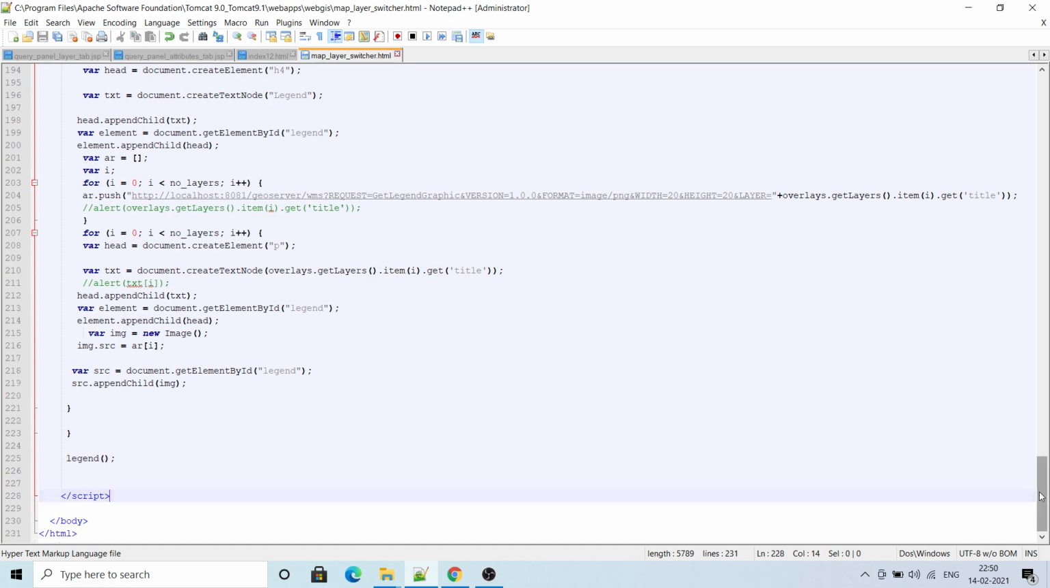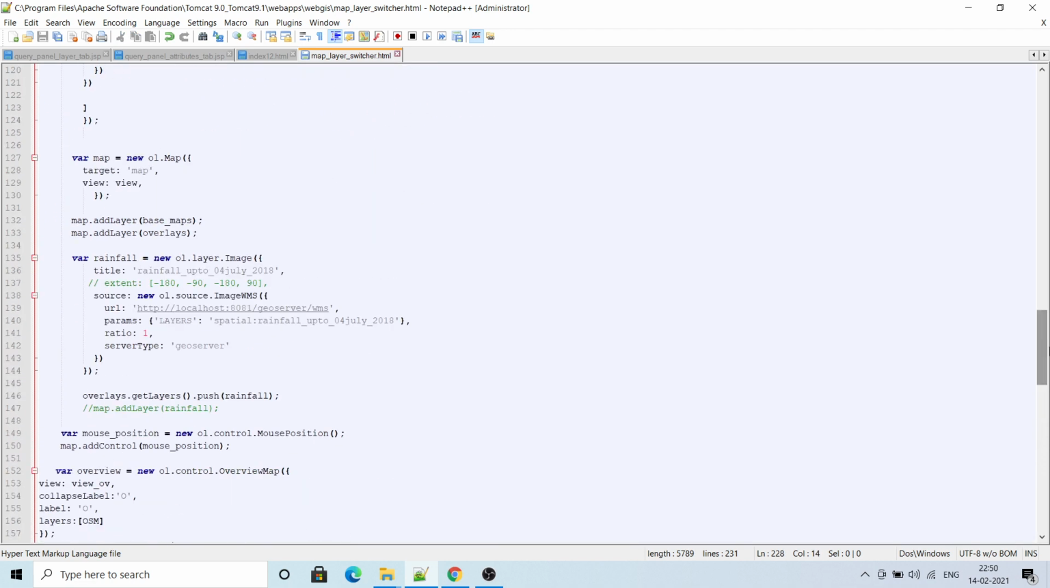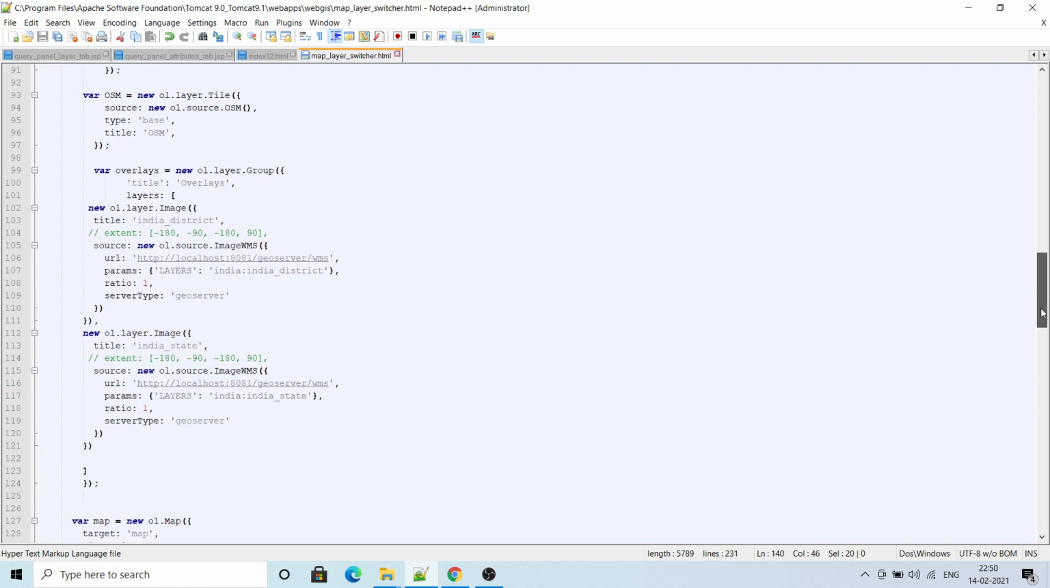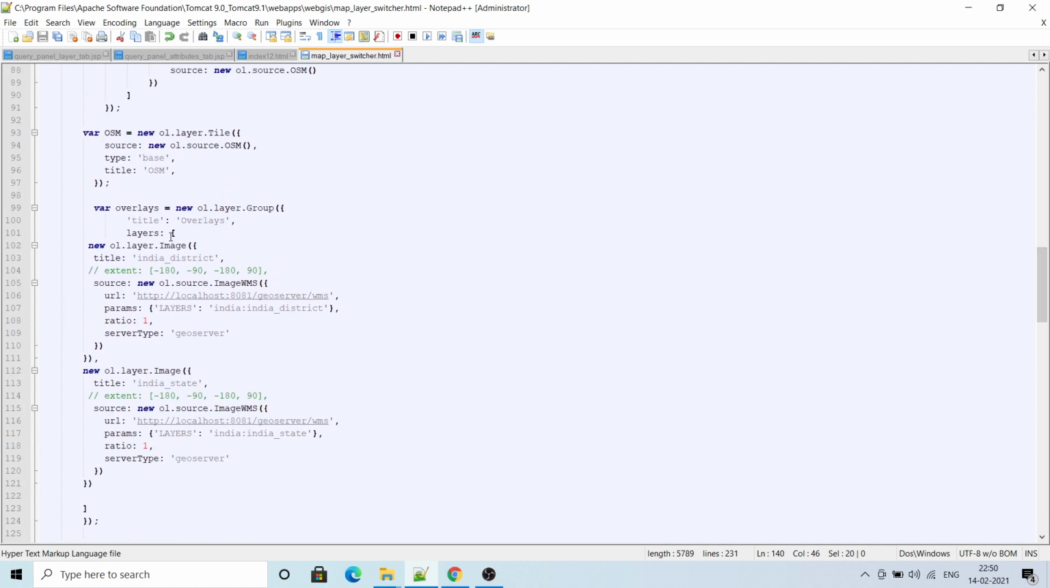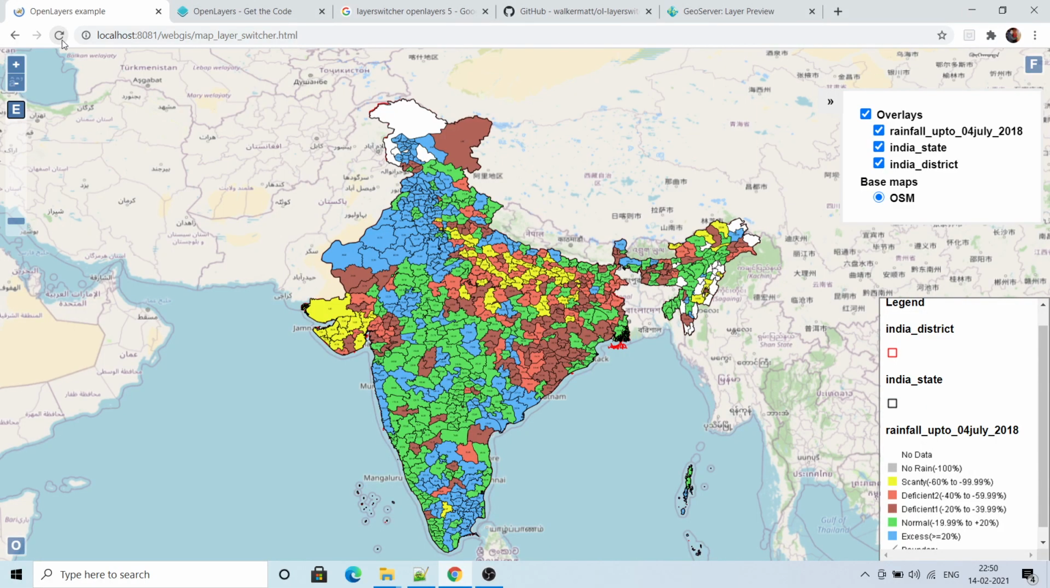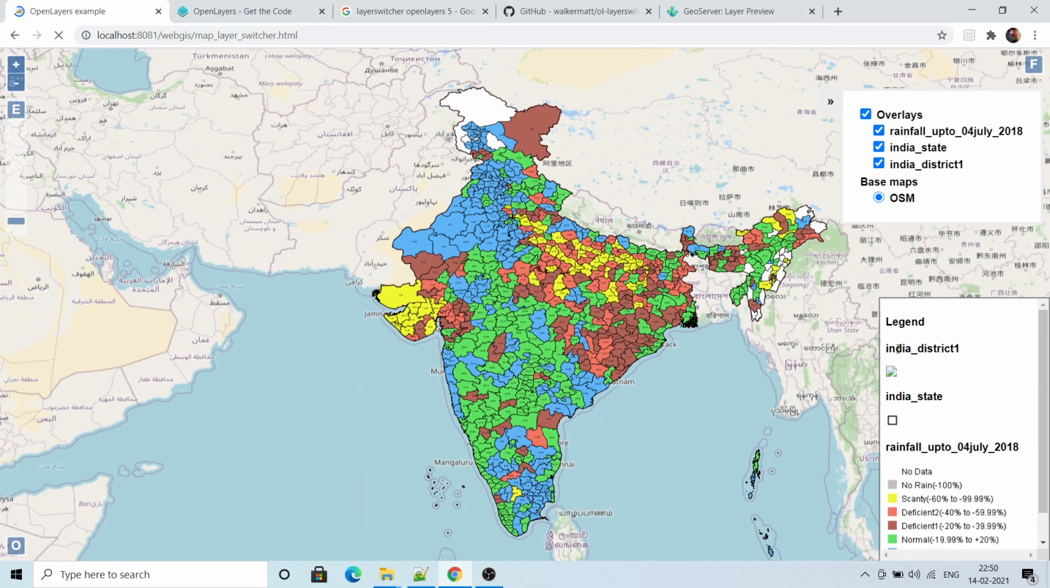For this legend panel to work, one thing you have to keep in mind is that the title of the layer should always be the name of the layer inside the GeoServer. So I have kept the title always the same. Like you see here, title is Indian district, and here the name is Indian district. Suppose I make it Indian district 1 here, I'll show you, and upload like this. So you can see under Indian district 1,